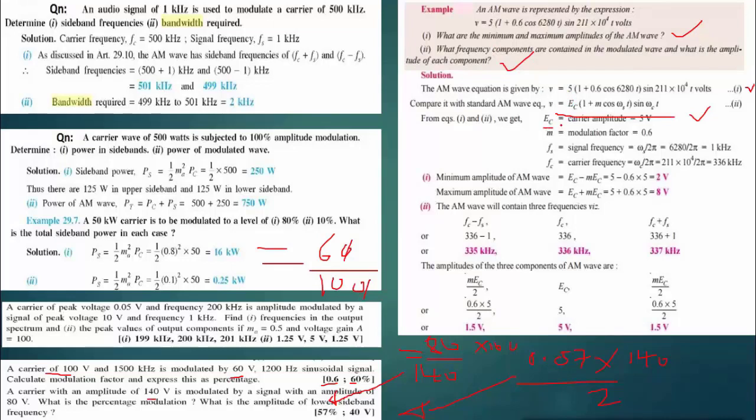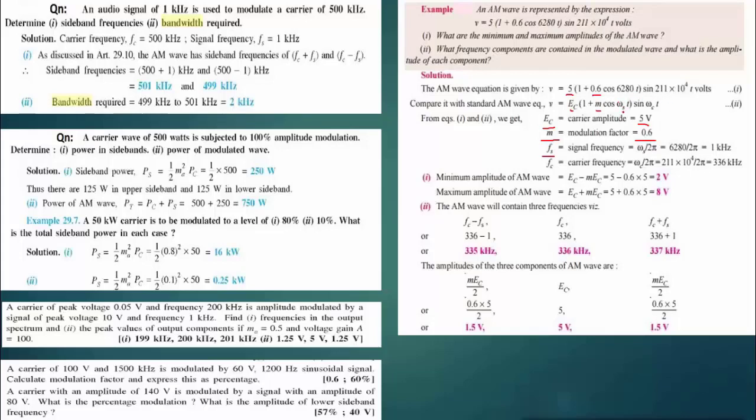That EC is the carrier amplitude. When you compare, it is 5 volts. Let me remove that. So EC, you compare, is 5 volts. M, the modulation factor, you compare, is 0.6. Okay, so if you are asked to find the signal frequency, because we want to compare that, this is the angle,